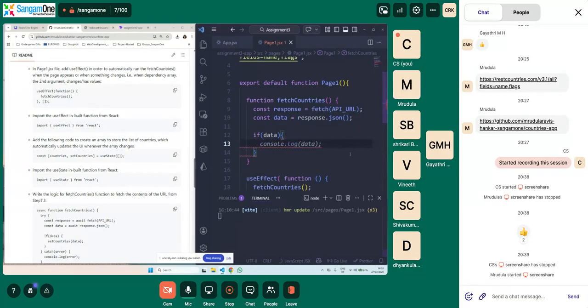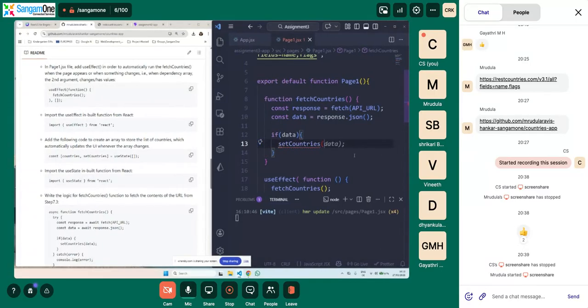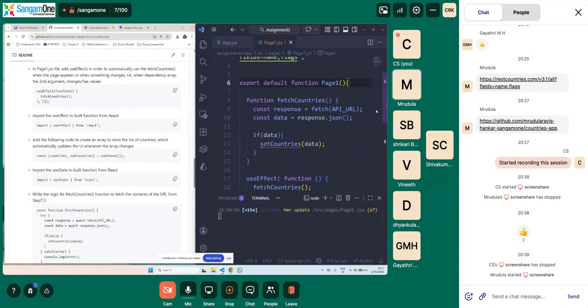Okay, if data, we say set countries of data. Okay, so now one important thing is we have countries, right? We have our country name, we have everything. So we need to define another variable called countries in order to be able to store the data.